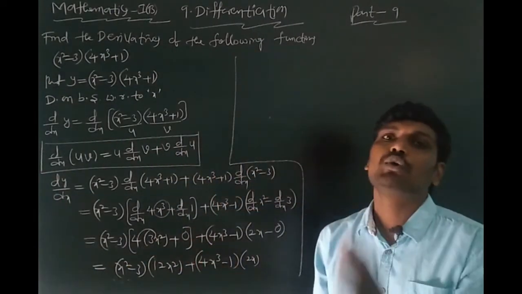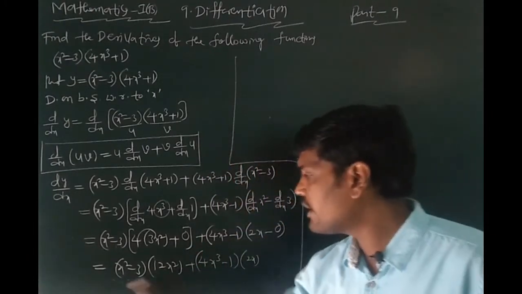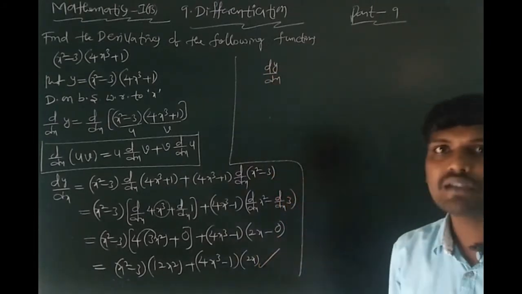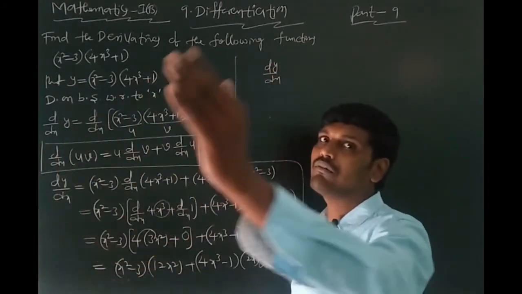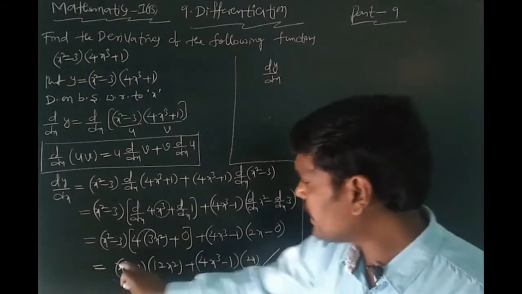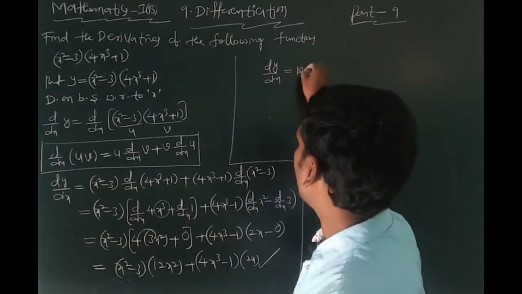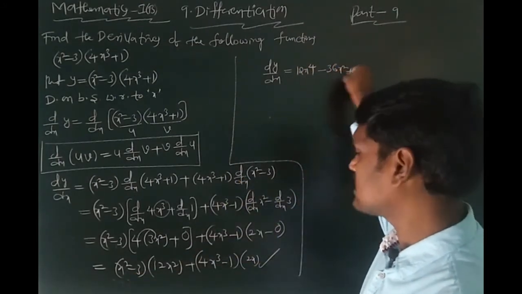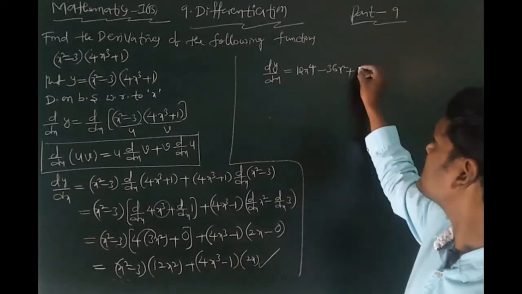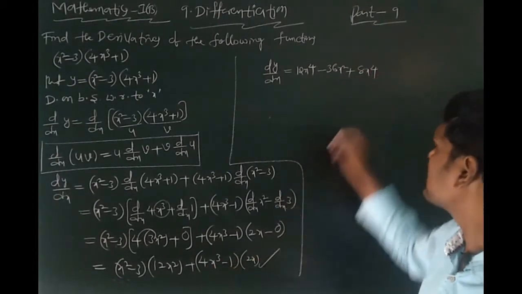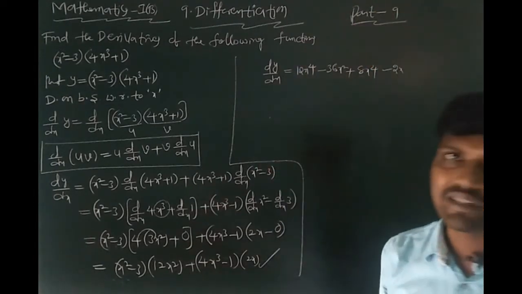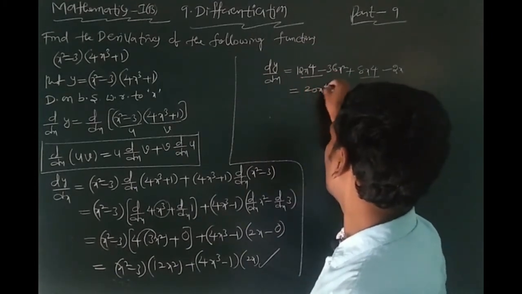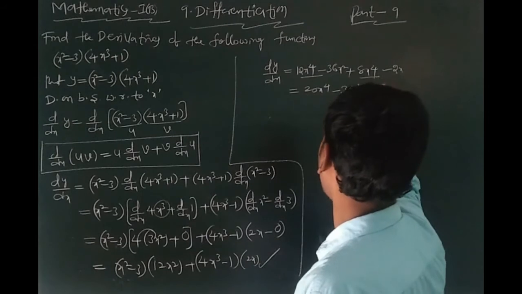This derivative you can simplify, nothing but multiply this derivative, you get what? dy by dx. This is also the correct answer, but sometimes the answer is in the form of total multiplication. That we can write 12x square into x square, 12 into x power 4, 12x square into minus 3 nothing but minus 36x square, plus 4x cube into 2x, 8x power 4, plus 2x into 1, plus 2x. After that, you can write in descending order: 12x power 4, 8x power 4, 20x power 4, minus 36x square, plus 2x.